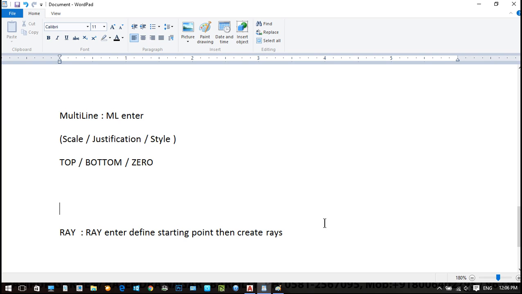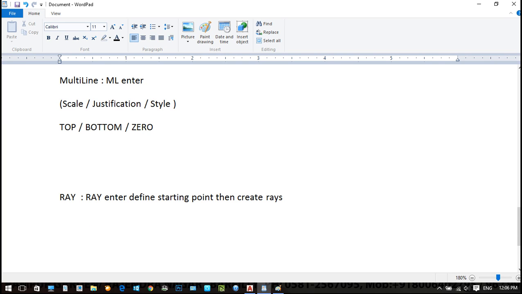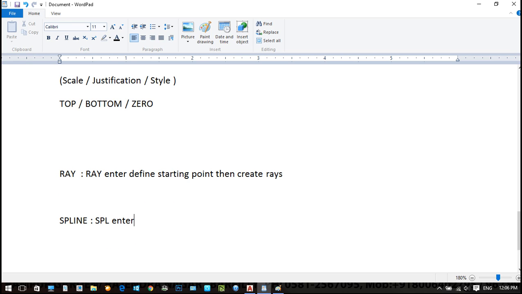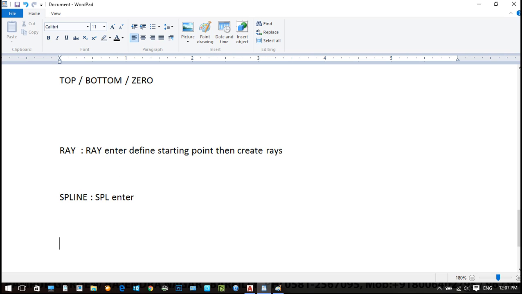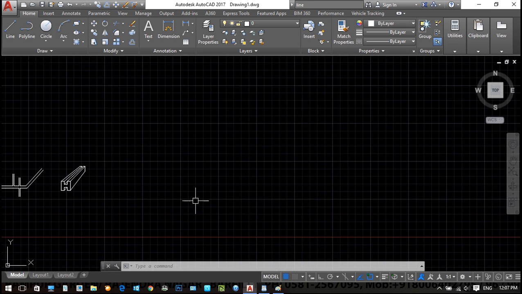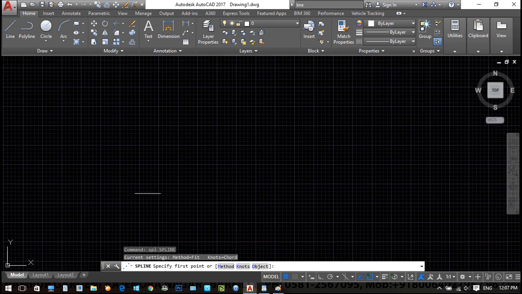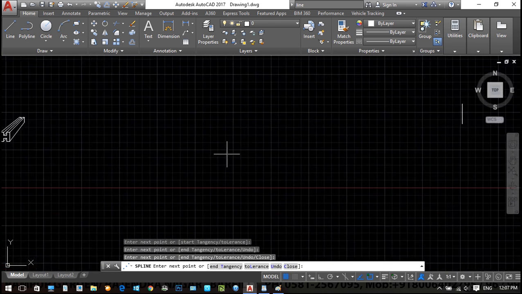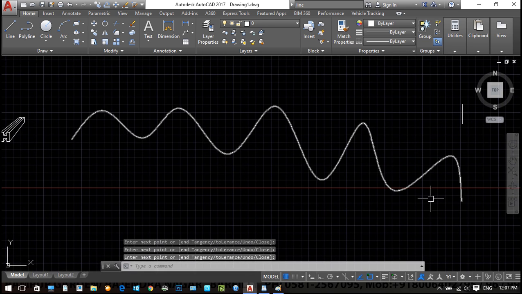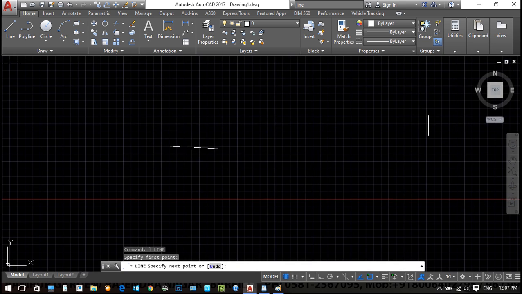And the last line is the spline line. That is spline, called SPL, enter. It's a Bezier curve. What is SPL, enter? A Bezier curve. So just like utilize SPL, enter. Now if we run it like a line, it will create a Bezier curve. To create a Bezier curve. So like